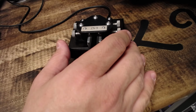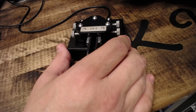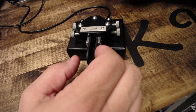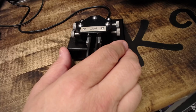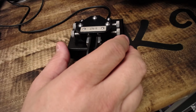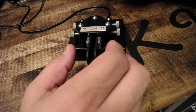Let's try one more number. We'll do, let's think of another cool number. Here we go. Let's do this one. Okay, what do you think about that one? Another cool radio, 891. Seems like we've got a little bit of a Yaesu series going here. So 891 is a cool radio. And then this is going to be the last one. So we actually had the 8 and the 1 in that one, which is pretty cool. And the last one here is